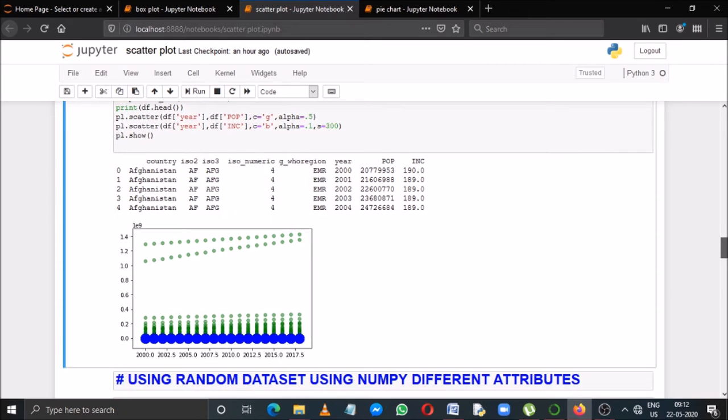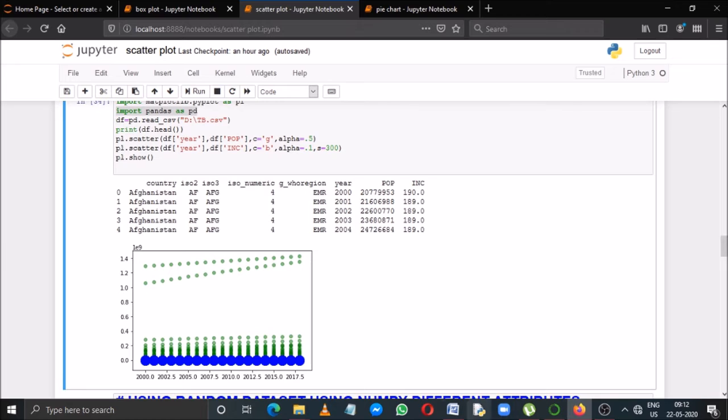Now just study this chart. See, since there are so many values present in my CSV file, all the points are being overlapped one on another. That's why we cannot properly understand the points. So how to understand it?